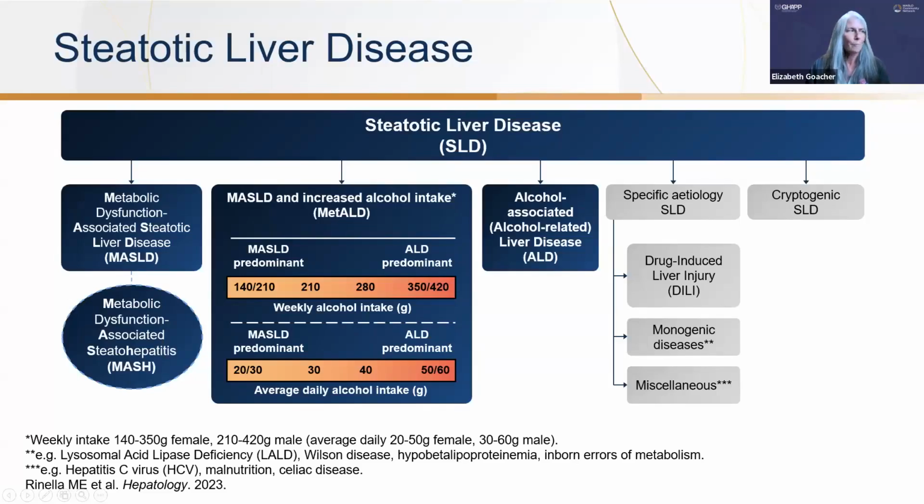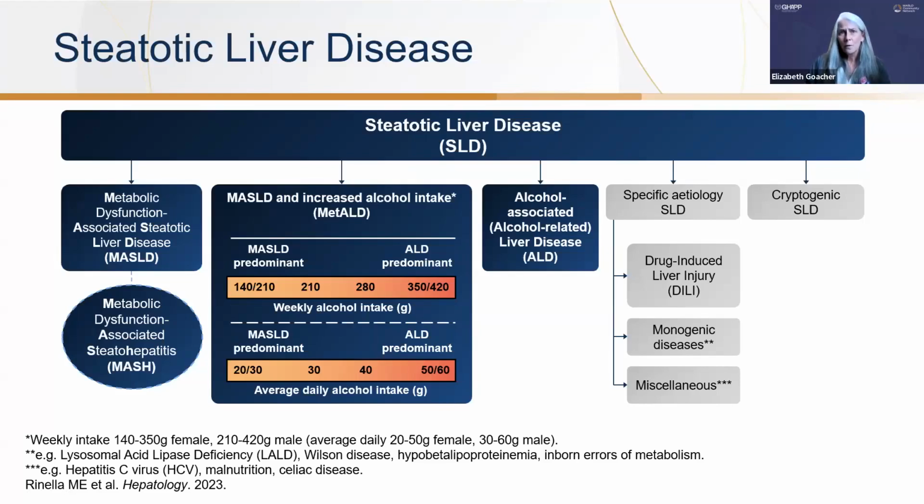So we have people who have metabolic risk factors but who consume alcohol, and then we put them in the middle. And I think it's important to remember this because this is reflective of our general population. We know lots of people consume alcohol, not just people who are normal body weight and don't have metabolic factors. These are our patients with metabolic risk factors also consuming alcohol. And how do we frame that? That's what the new nomenclature was helpful in trying to label.